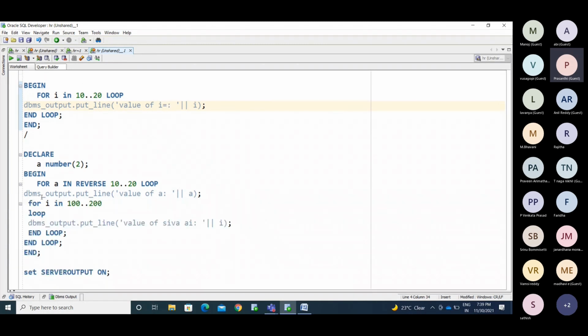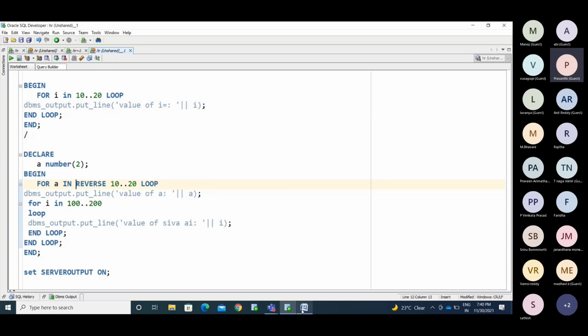So multiplication tables, display numbers like 1 to 100. Okay, and decrease A using the reverse for loop from 100 to 99, displaying the values this way. So every iteration I need to display. Odd numbers, even numbers. Practice all these things and you will get more ideas about the details.